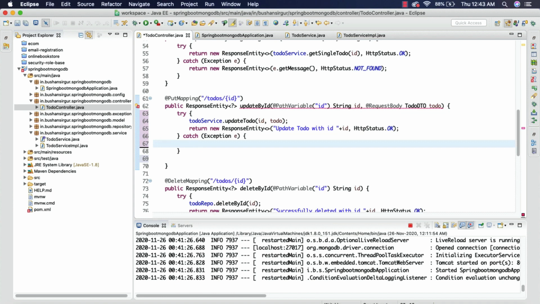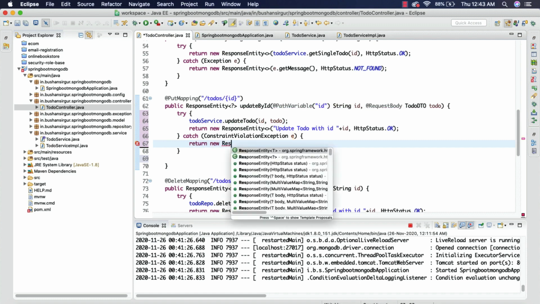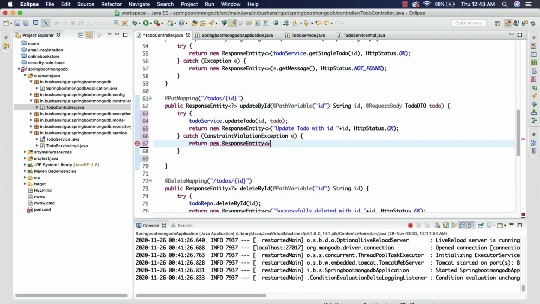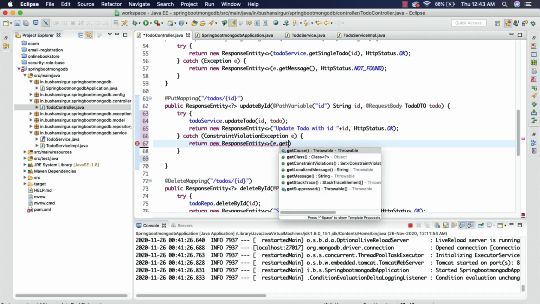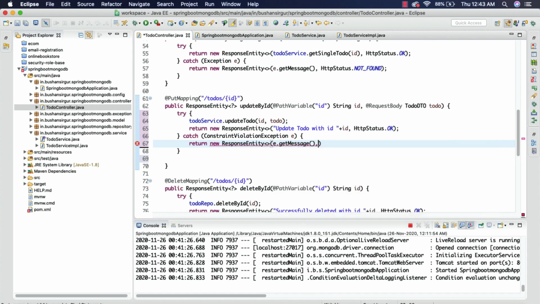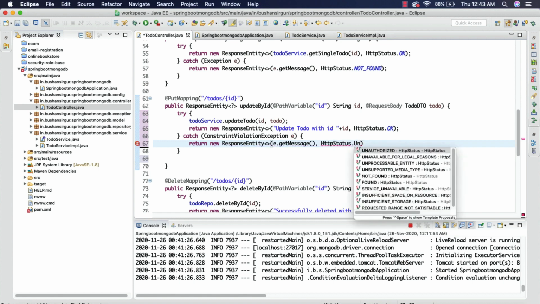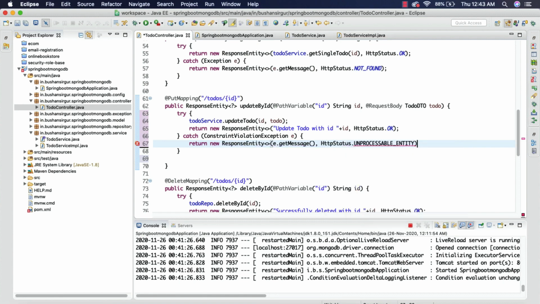So inside the catch block, if something goes wrong, we're going to catch that exception, which is ConstraintViolationException, and we're going to return a new response entity with getMessage and HttpStatus.UNPROCESSABLE_ENTITY.